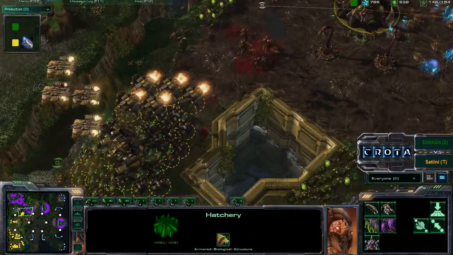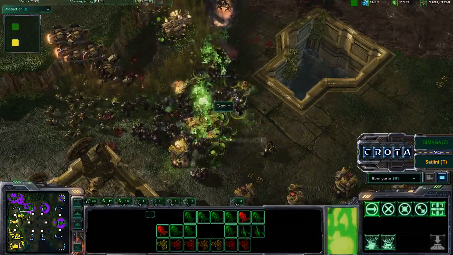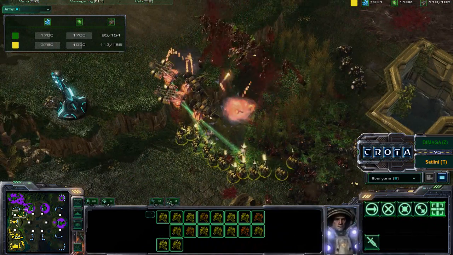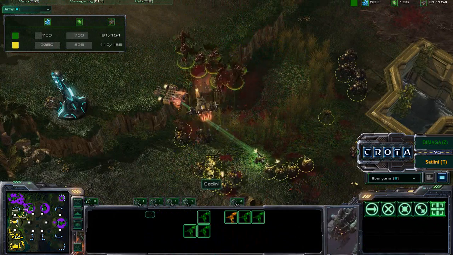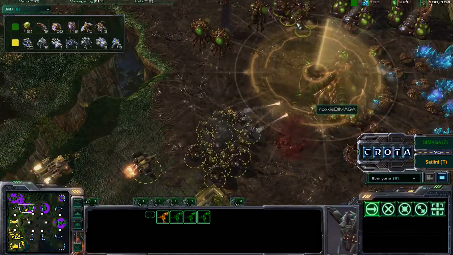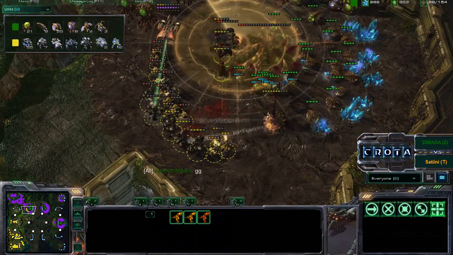No Infestors, no Infestors, no anything else here. Banelings now trying to splash on in and taking down a lot of these units army-wise. Dimaga lost a lot, but still, all of the stores are down, and now it's only mass Mutalisk against all of these Marines. Marines are upgraded 2-1, and that's going to be too much for those Mutalisks. Only sitting on perhaps 5 Mutalisks is all that is left, and Dimaga is going to be forced to say